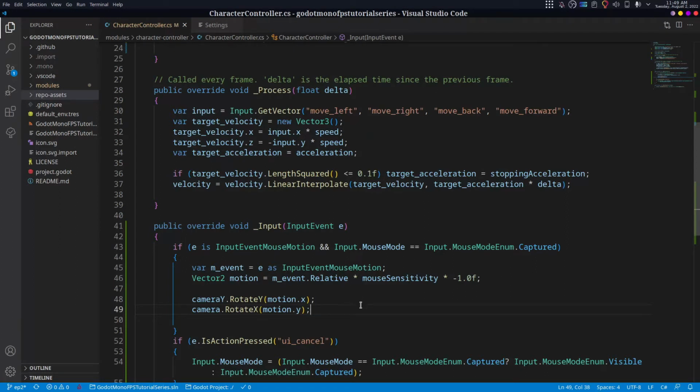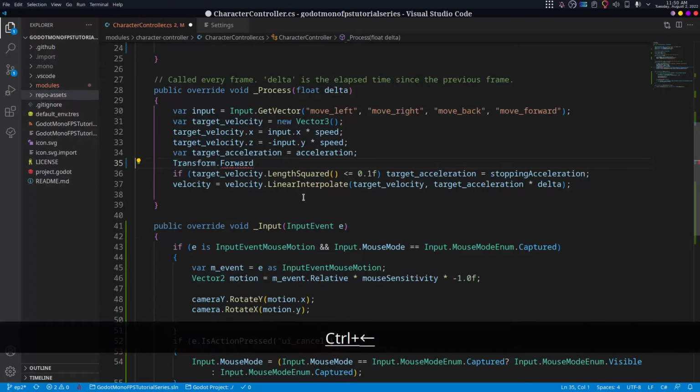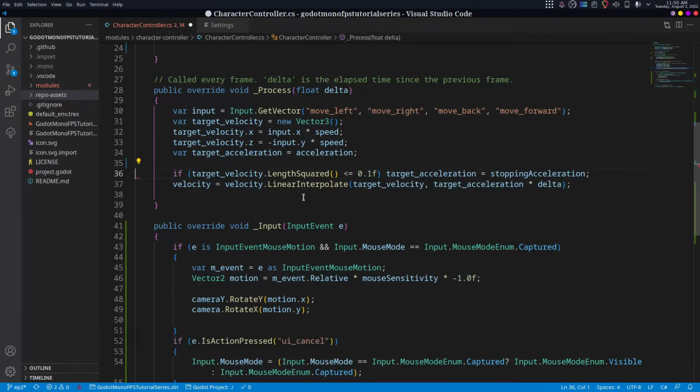Now, if you're familiar with Unity, you're probably looking for something like transform.forward. That doesn't actually exist in Godot, at least not yet. It might in a future version. What we're going to do